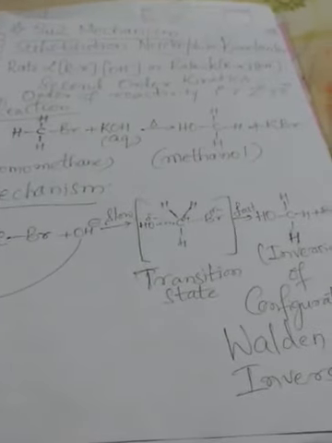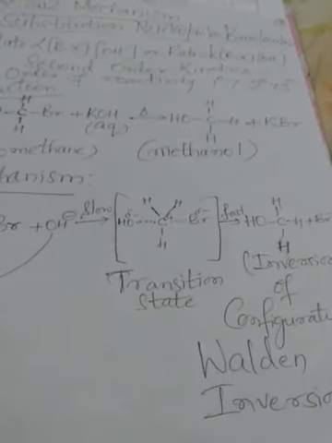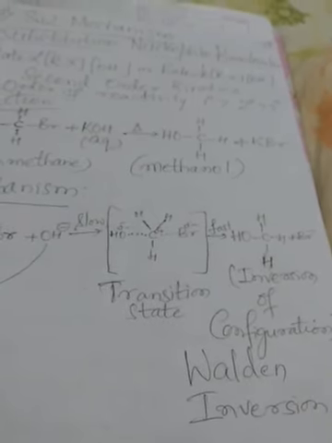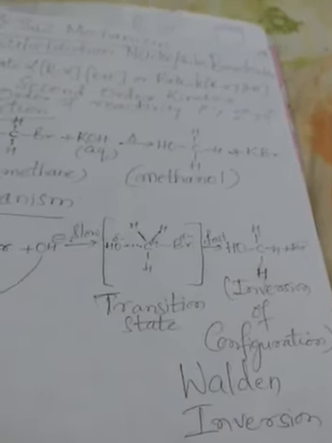OH- attacks the carbon atom from the backside with respect to the leaving group Br-. So it forms a transition state. This transition state is highly unstable, so it is shown in square brackets. It exists for a very short duration. If you see there, the C-Br bond and C-OH bond are represented by dotted lines, which indicates that the C-Br bond is not completely broken, and the C-OH bond is not completely formed. Whereas the remaining C-H bonds, how many? 3 are there. They are present in the same plane. The 3 C-H bonds are perpendicular with